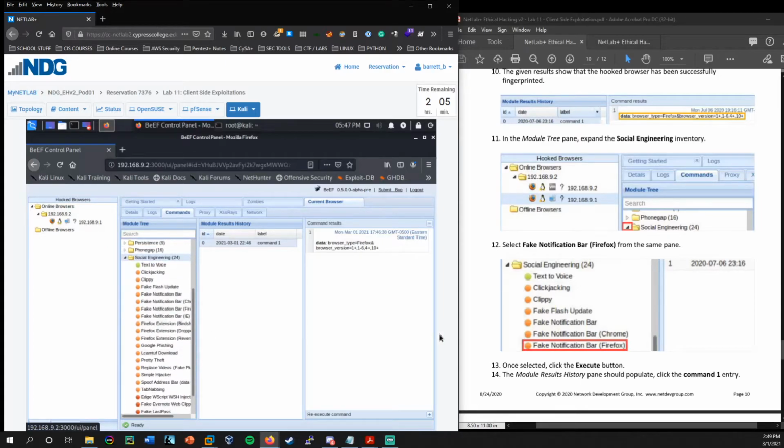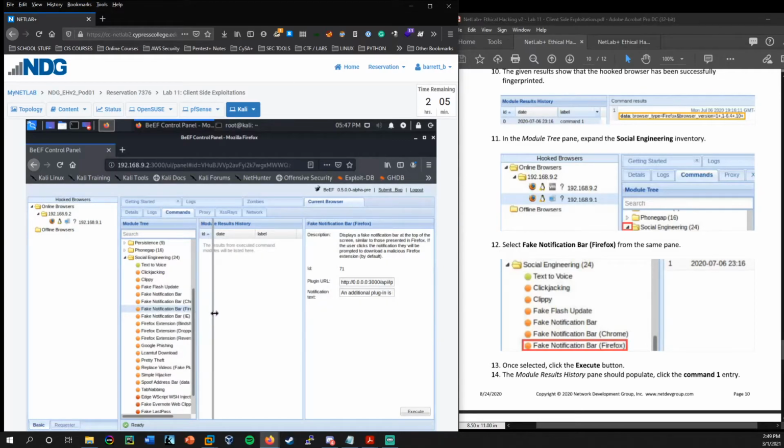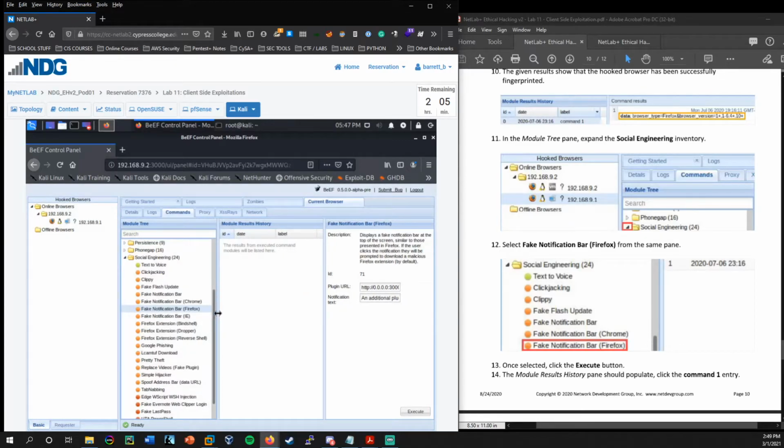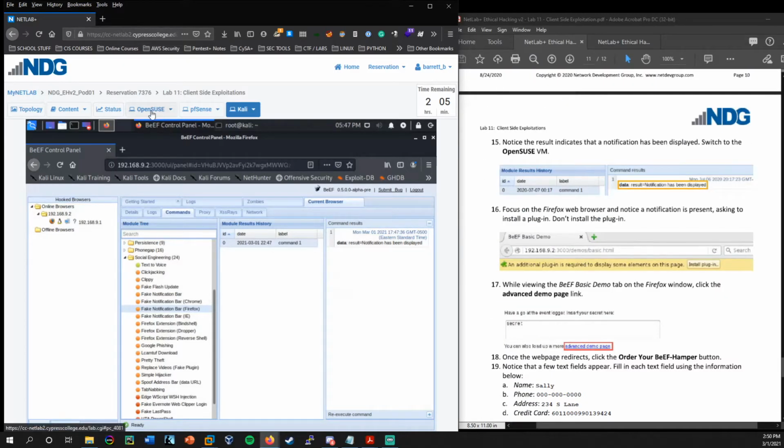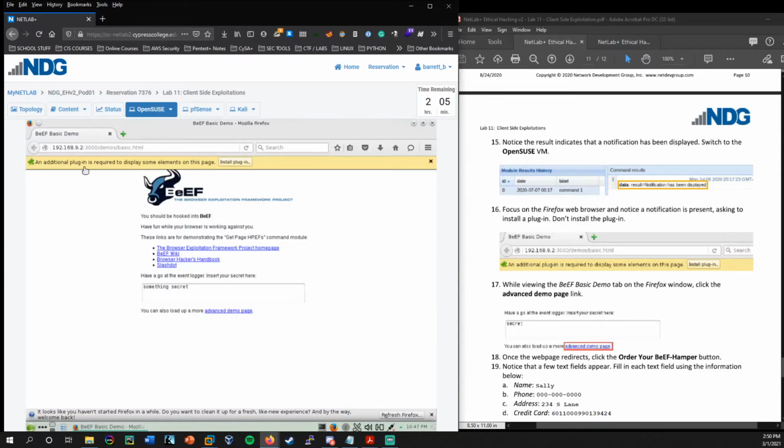So we're going to take a look at the fake notification bar here. We'll select Firefox, and don't forget you could always increase this column a little bit so you can see. So Firefox, let's go ahead and execute that. Command 1. Okay, we see the result: notification has been displayed. If we go back to the OpenSUSE,